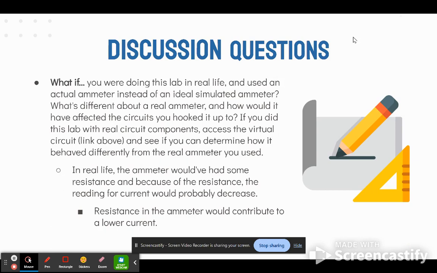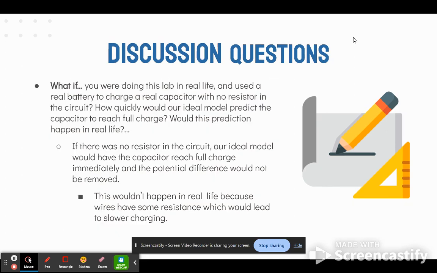To further think about the physics concepts in this lab, we can look at the discussion questions. So for the first one, if this was the case in real life, the ammeter would have had some resistance, and because of this resistance, the reading for the current would probably decrease, as resistance in the ammeter would contribute to a lower current. For the second question, if there was no resistor in the circuit, our ideal model would have the capacitor reach full charge immediately,